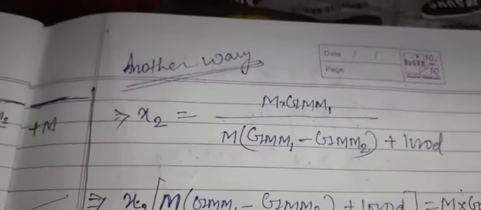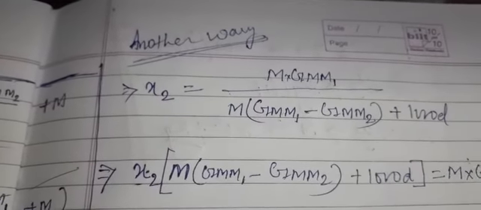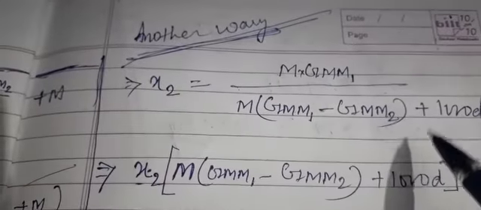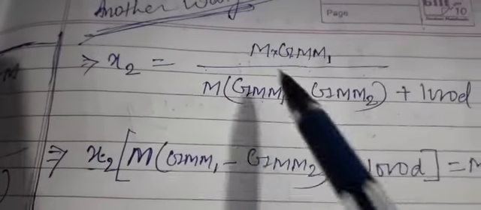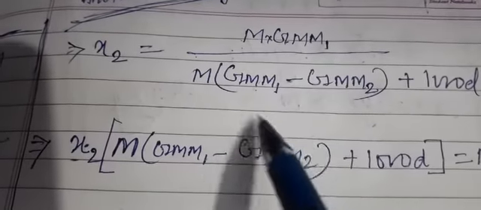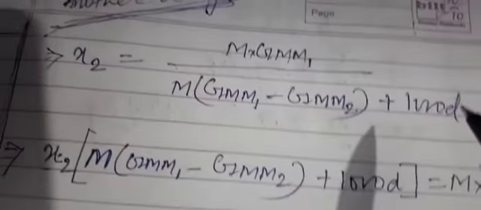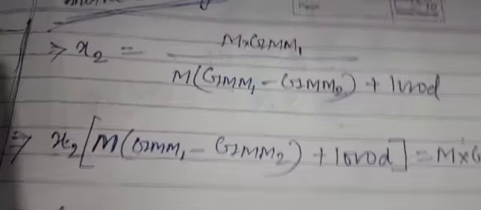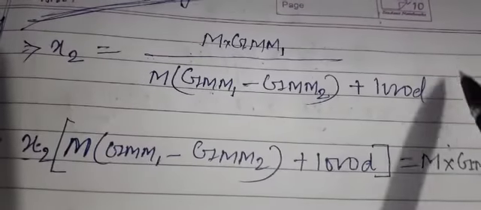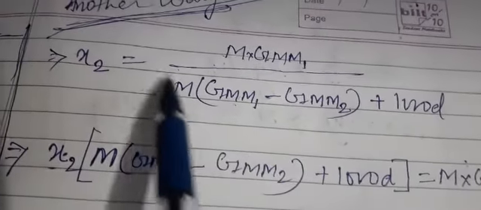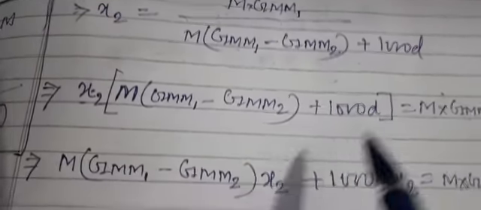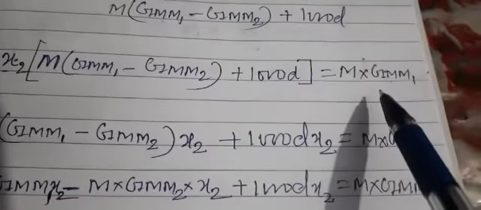Now another way we can calculate. We know that this is the x2. You know what is the value of x2? Just we have calculated it. This is the value of x2. Now rearrange it. So how to rearrange: this entire term will get crisscross. Use the crisscross. This entire term will get multiplied to this x2. You can see I have done it.